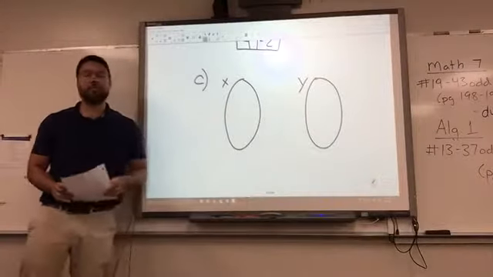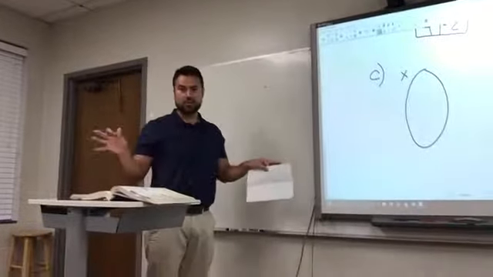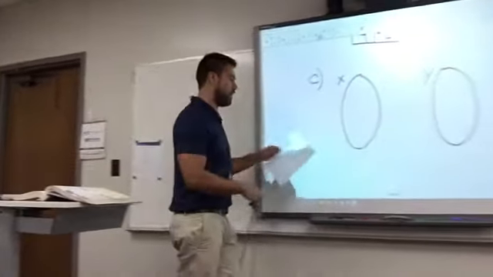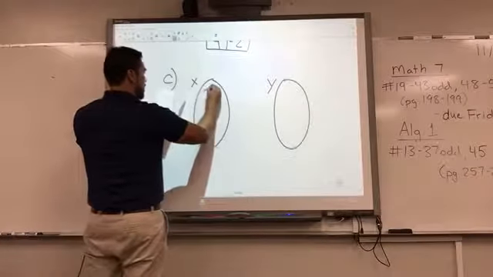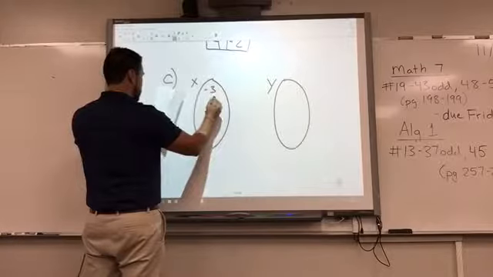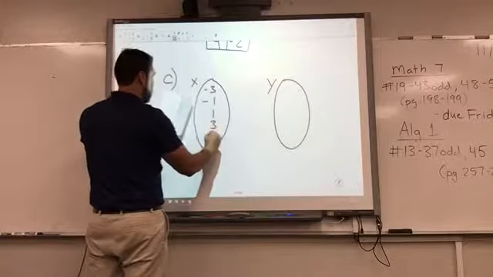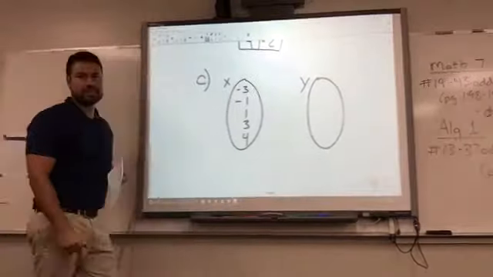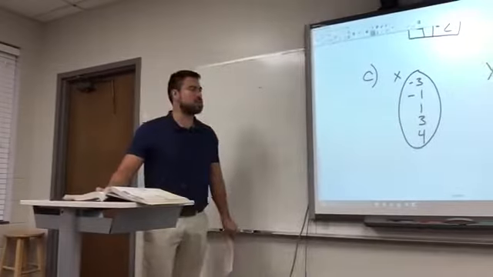Now, in the circle mapping, what you have to be careful of is you don't repeat any of the numbers in either one of them. You don't repeat multiple times. So, here on the circle mapping, I'm just going to write my X values first. So, -3, -1. How many times should I list out +1? Once. Not twice. I know it was twice in that set of ordered pairs, but just once.